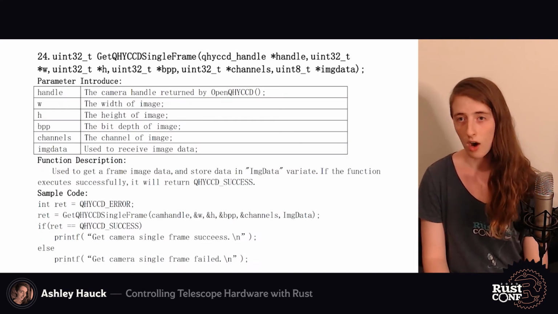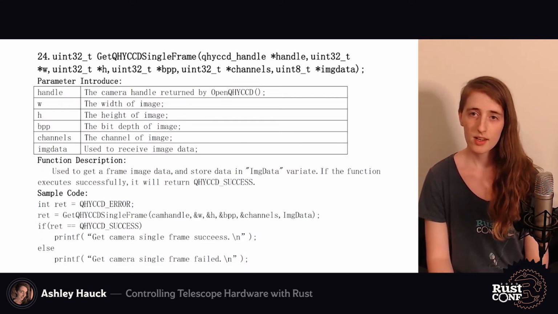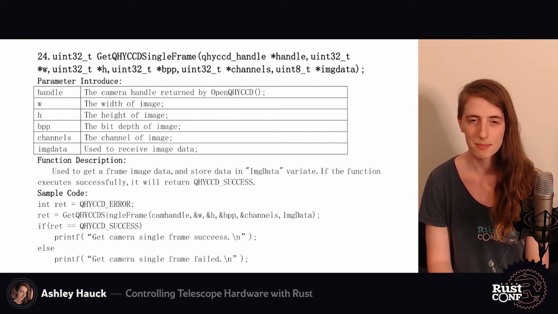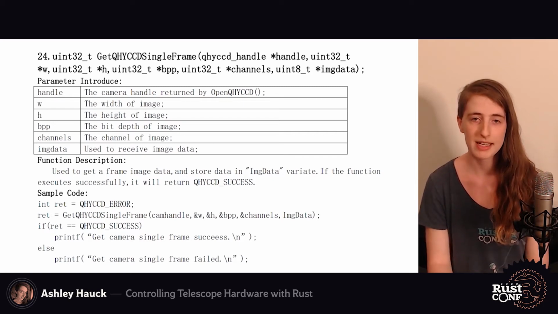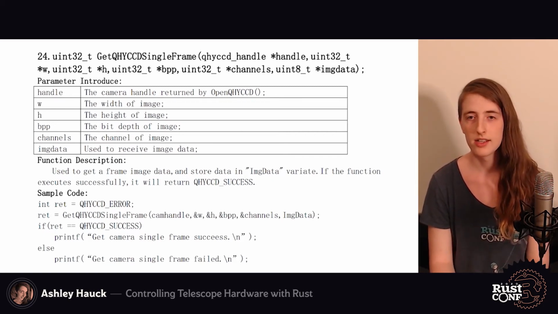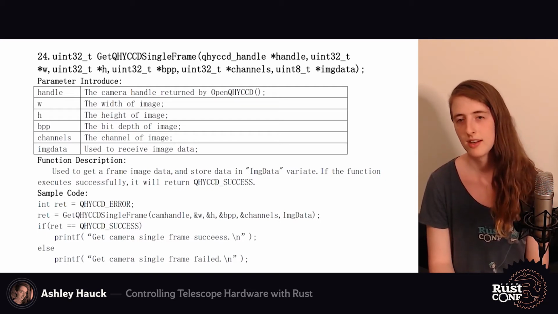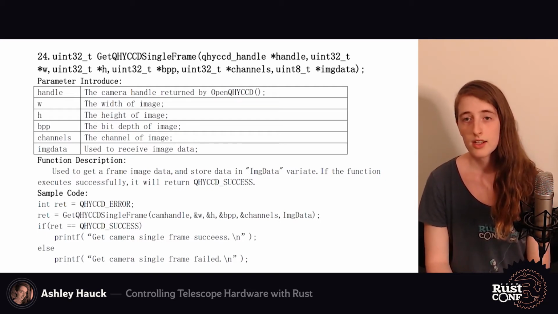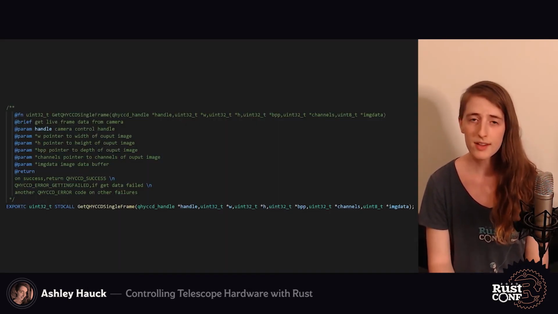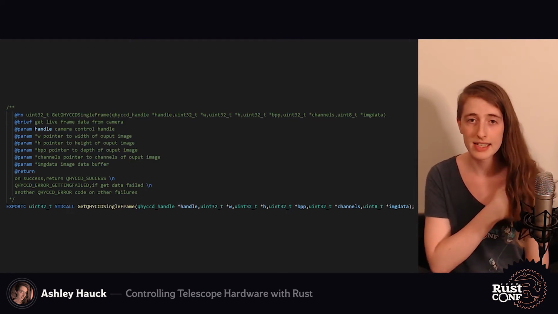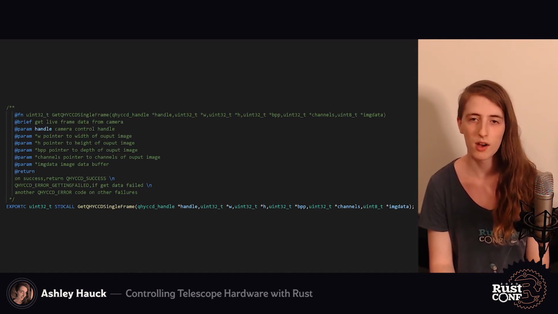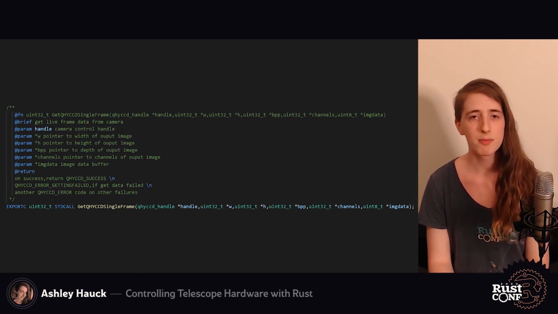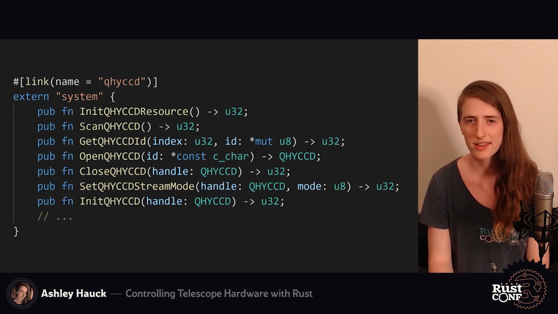Then how we actually get data off of this camera is this function. It gives us the width, height, bit depth, etc. And then the final parameter is the actual bytes data that we want to get. And so the C API fills in those bytes, and then we have our image. So fantastic. Now we want to write this in Rust. Thankfully, the vendors also provide a C header. And so what we could do is use something like bindgen to convert the C header into Rust. But instead, I've opted to just hand write all these functions because there's only a dozen or so of them,